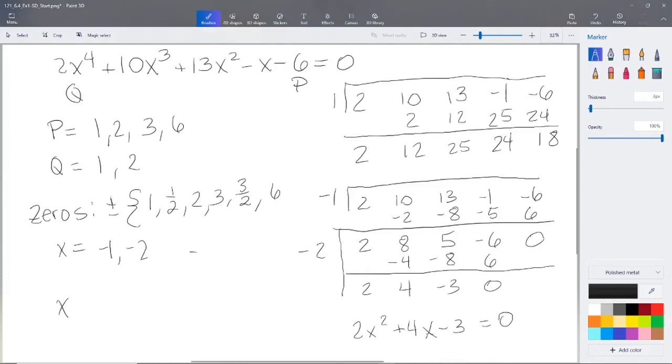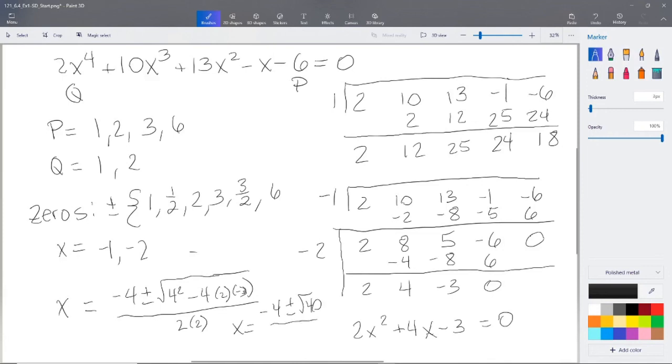So we'll go to our old friend, the quadratic formula here, and we know that x is equal to -b. So for us, that means -4 plus or minus the square root of 4 squared minus 4 times a, 2, and c, -3, all divided by 2a, 2 times 2, right? Looks like we're going to have -4 plus or minus the square root of 40 all over 4 at this